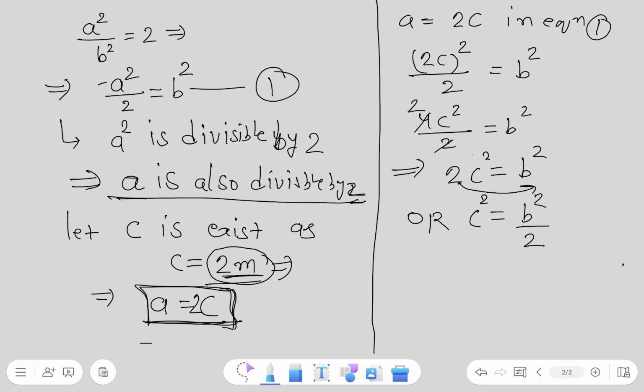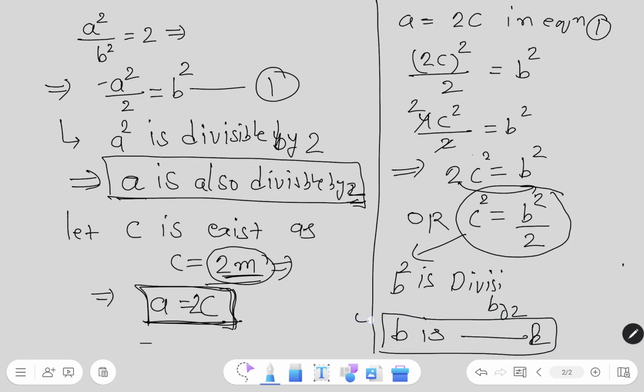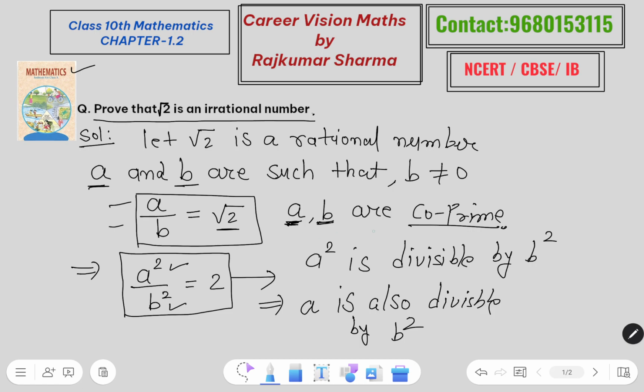ओके, तो अब ये वाली जो स्टेटमेंट हमारे पास में आता है, it gives us that b square is divisible by 2. Also b is divisible by 2. Okay, first we have that a is divisible by 2, we can say a is a multiple of 2, and now we are saying that b is a multiple of 2. Okay, a भी 2 का मल्टीपल और b भी 2 का मल्टीपल. और हमने जो बात की थी यहाँ पे वो क्या था, a and b are co-prime numbers, means they don't have any common factor.